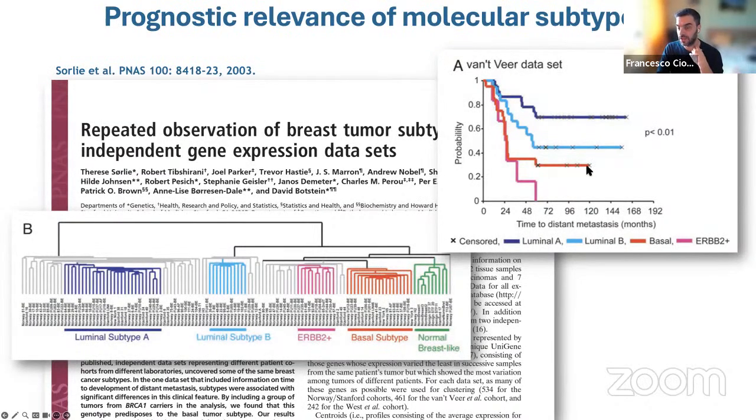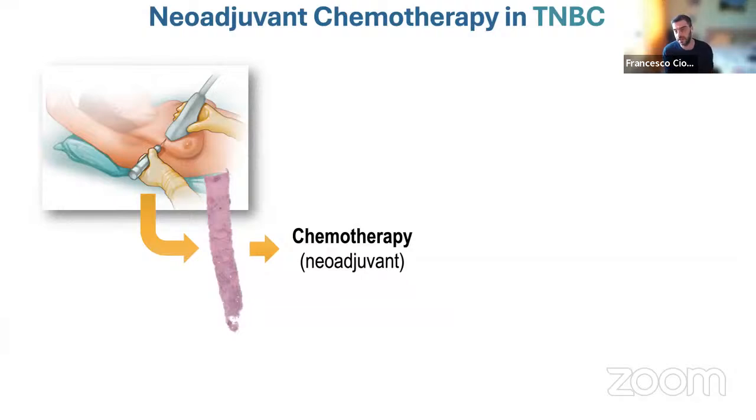So actually, this one is the worst one. Here it's called basal, but nowadays it's called triple negative breast cancer. And it's triple negative because essentially they do 3 molecular tests. And if they are all negative, then it's triple negative. So this is nowadays the most aggressive form of breast cancer. So not only the grading part based on morphology or whatever, also you have to look into the molecular subtype. So this triple negative is actually, as I said, pretty aggressive. And that's why, back to the example of our breast biopsy, the triple negative breast cancer patients are treated with chemotherapy as soon as possible. So right after the biopsy, before even they resect the tumor, they get chemotherapy. And this is called in the neoadjuvant setting.